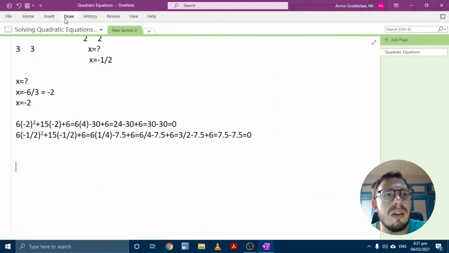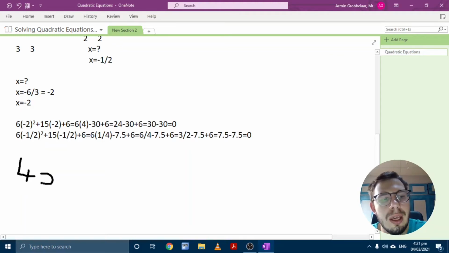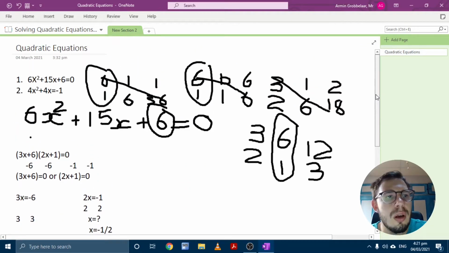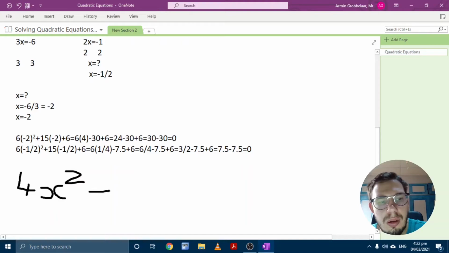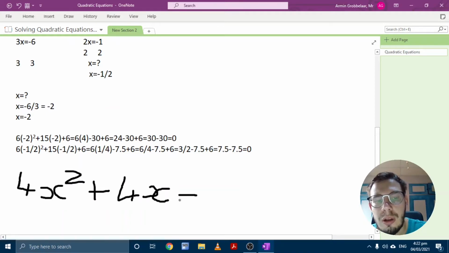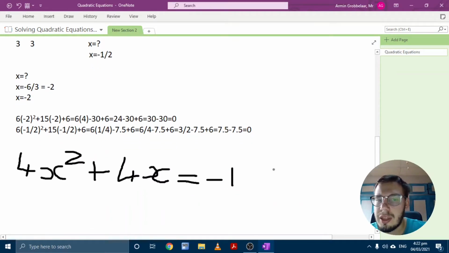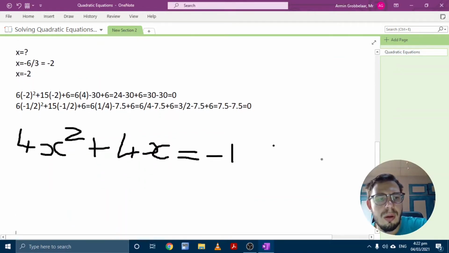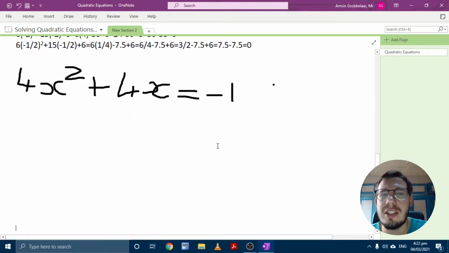4x squared plus 4x is equal to minus 1. Now if I look at this, I have to get a 0 on the one side and all the terms on the other side. So what I'm going to do is subtract